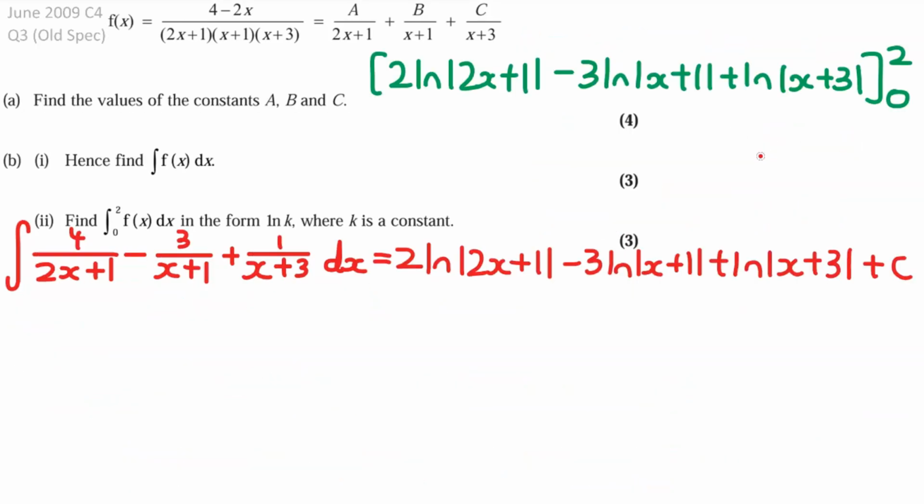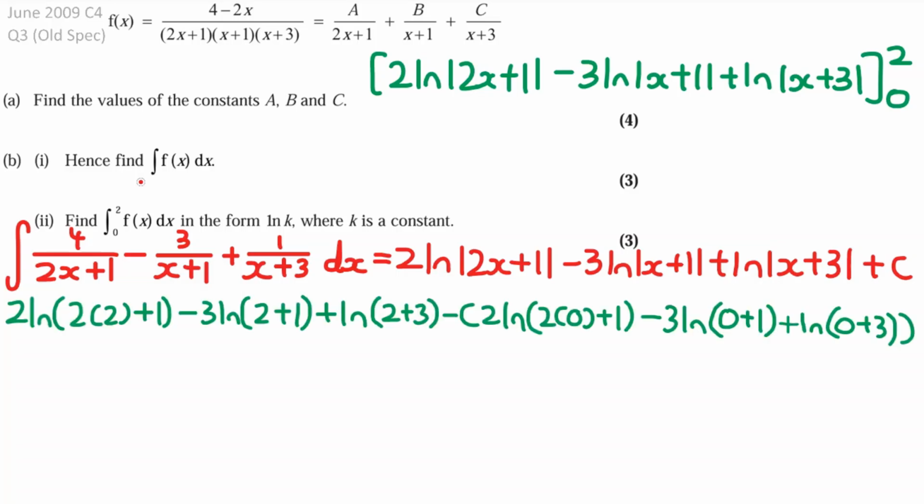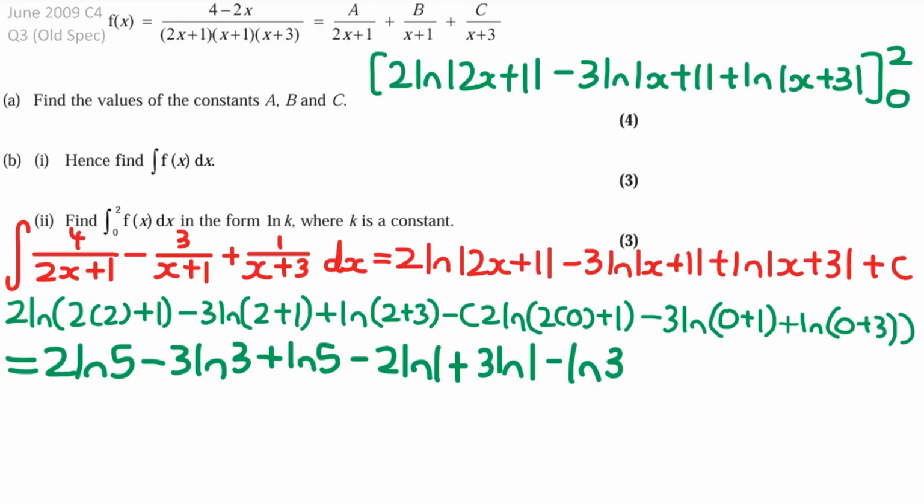Okay, and then for the second part of b, we need to find this integral here between the limits of 0 and 2. So therefore, into this integral that we found in part b, we need to sub in the lower limit of 0 and the upper limit of 2. And this is what I've done here, and you get out this kind of really long expression, where here is where I've subbed in the limit of 2, and then it's minus, and then this is where I've subbed in the limit of 0. And if you figure this out, it simplifies down to this here,